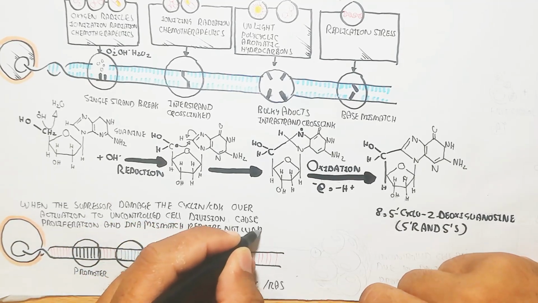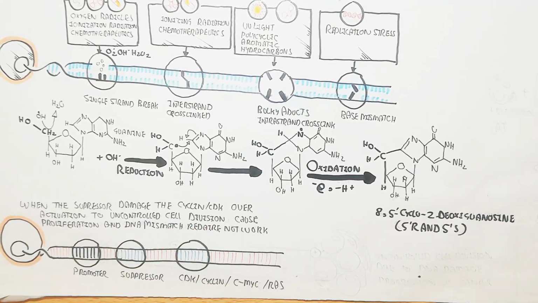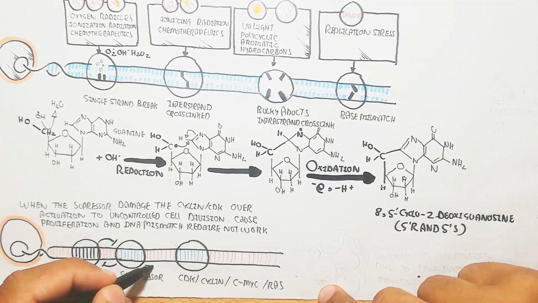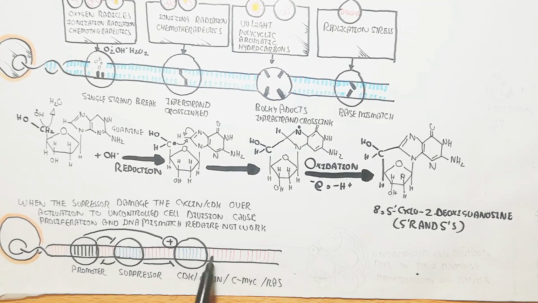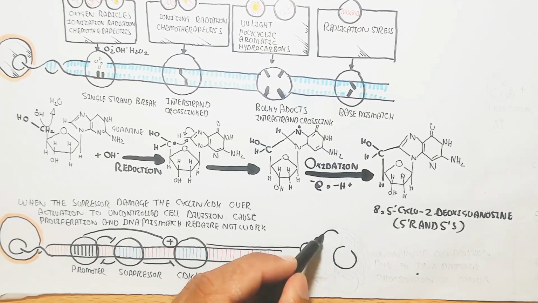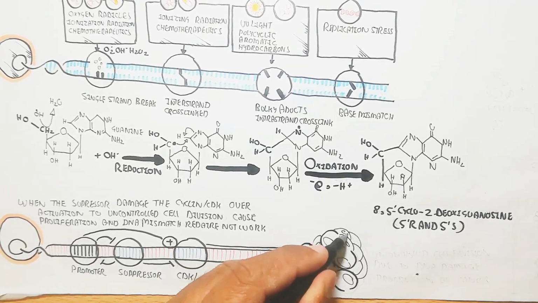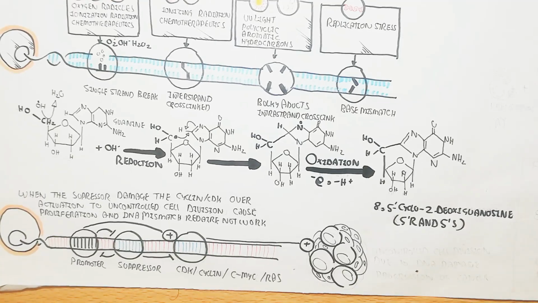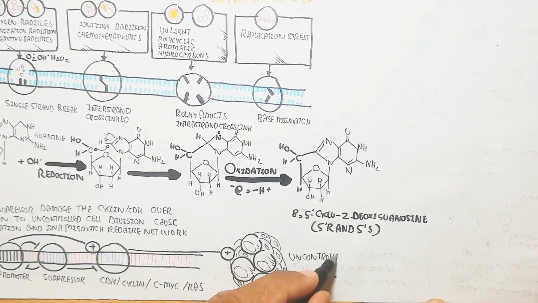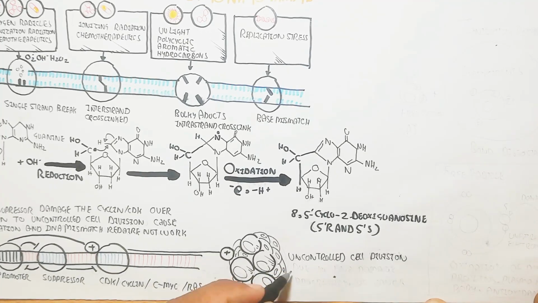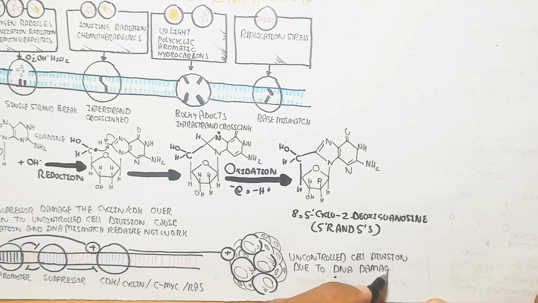does not work. Because the promoter will promote the oncogene part, the promoter will inhibit the suppressor when it promotes, but the suppressor will suppress. But the DNA damage will lead to the suppressor not working to inhibit the promoter, which will lead to uncontrolled protein synthesis, CDK, cyclin, and C-myc and RAS, which will lead to uncontrolled cell division due to DNA damage